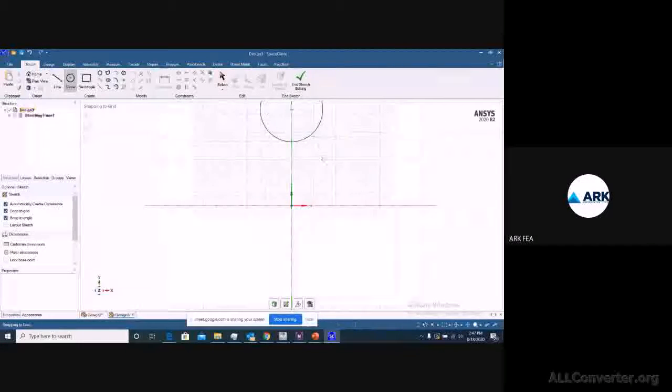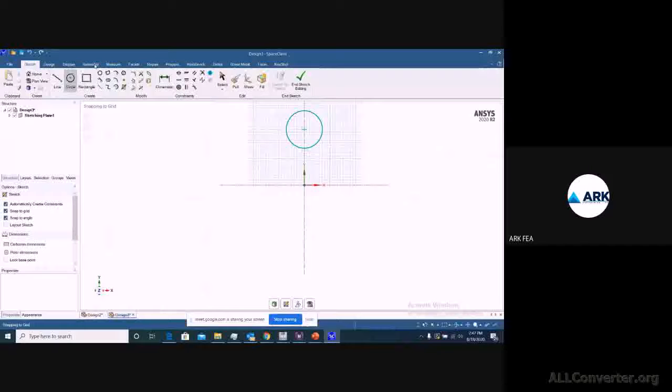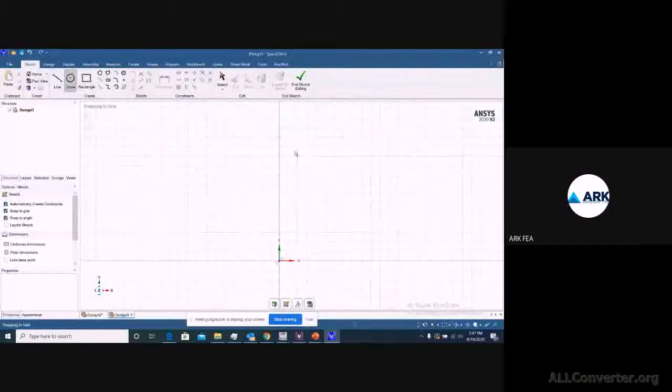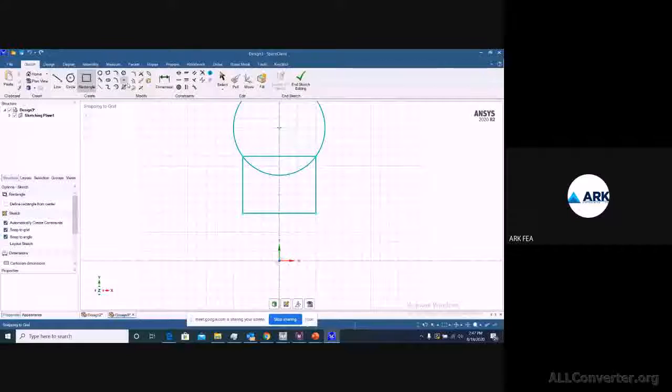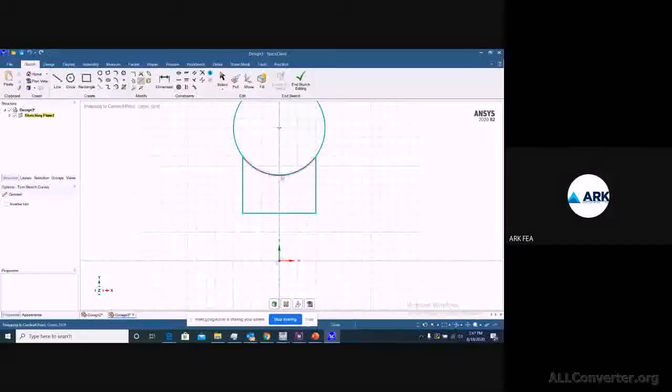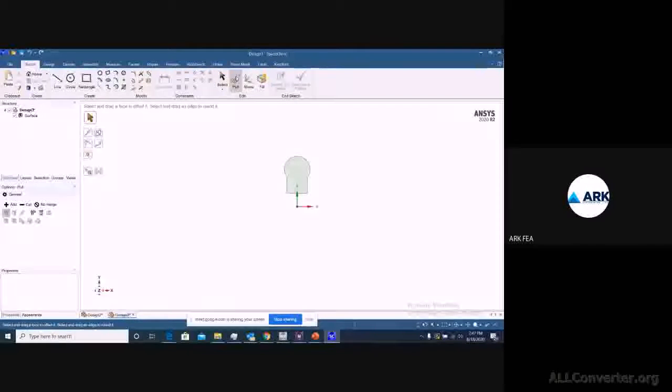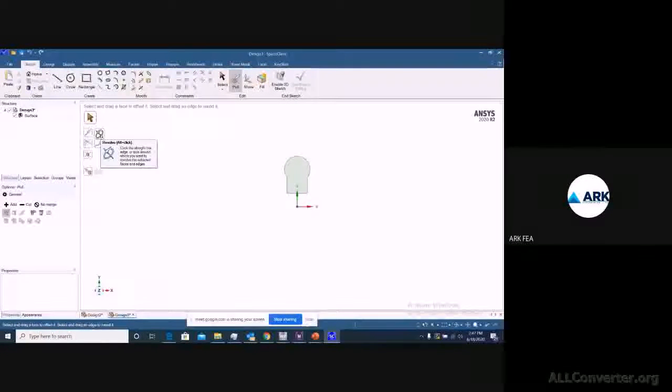Just a second, I'll show you how to add it. Yeah, so we'll trim it off and get back to pull.